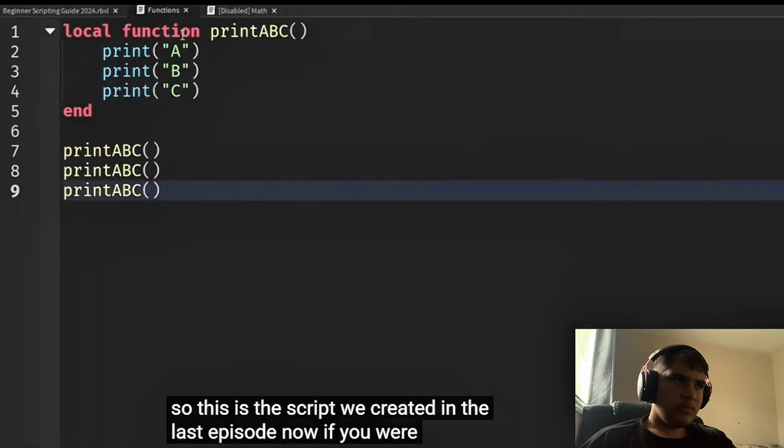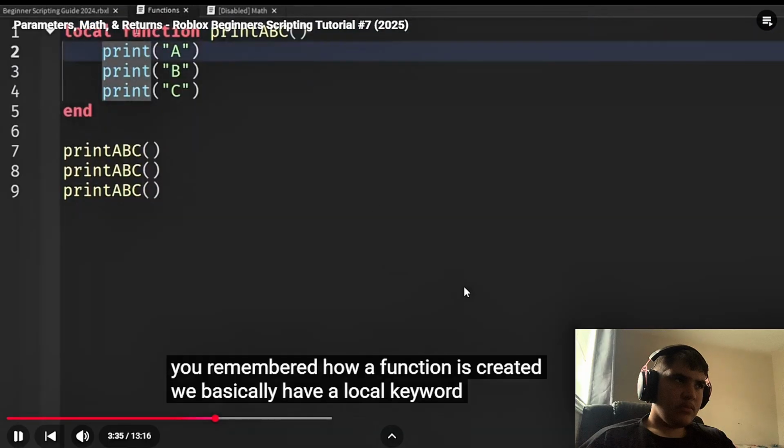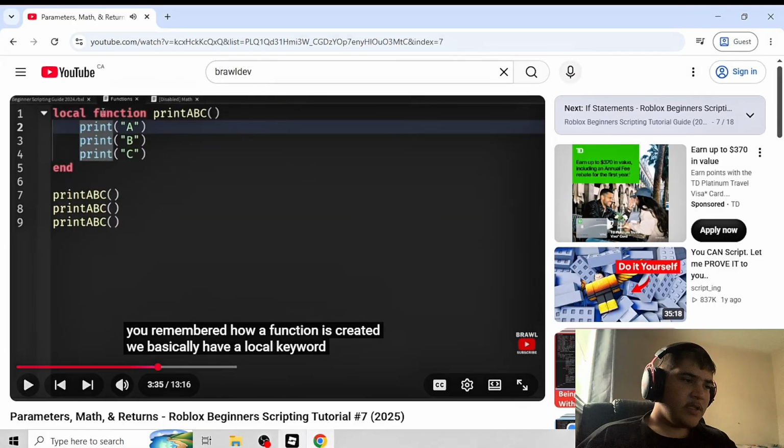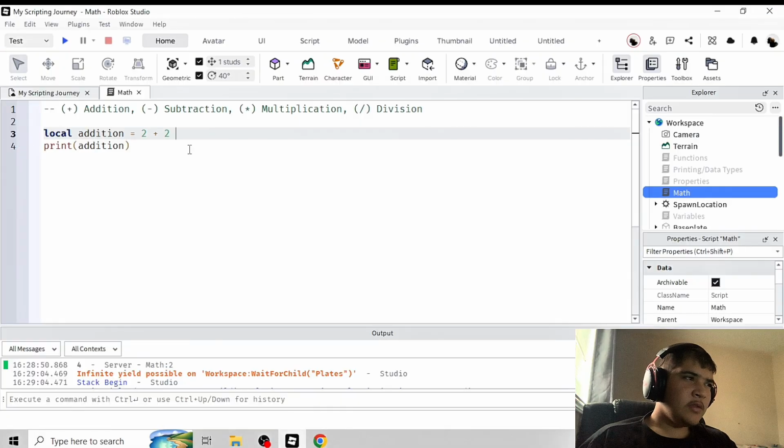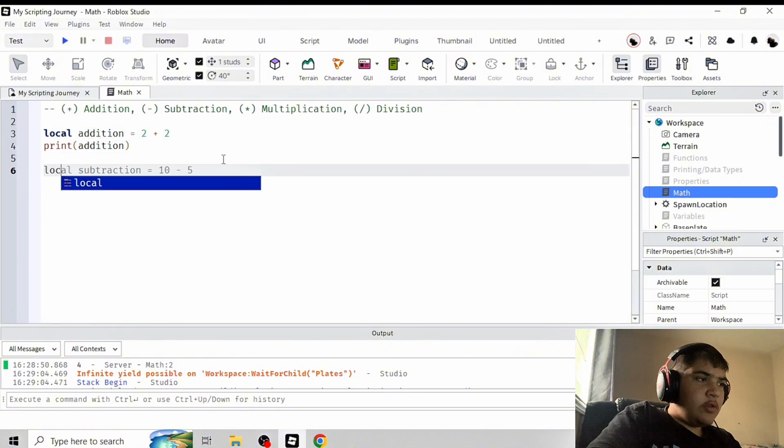Now, if you remember how a function is created, we basically have a local keyword. Okay, wait. First, I want to do some math with these. I want to have some examples. So, make another local